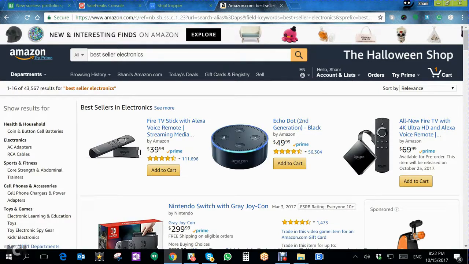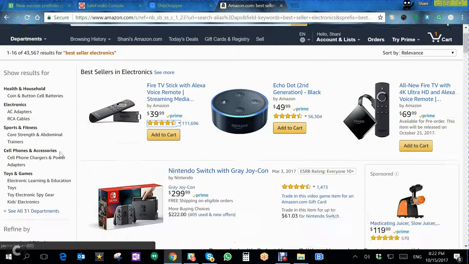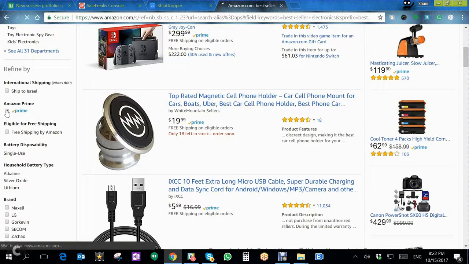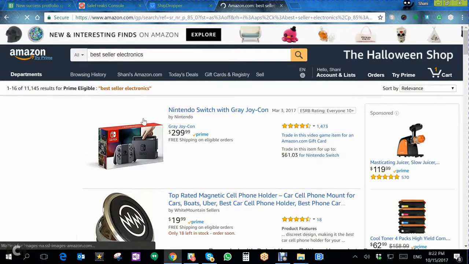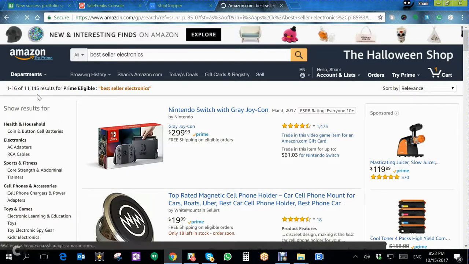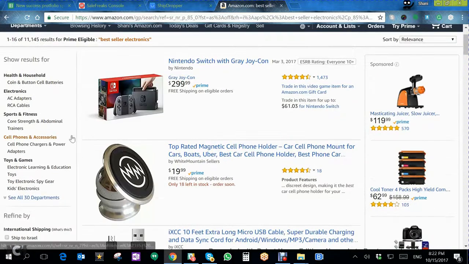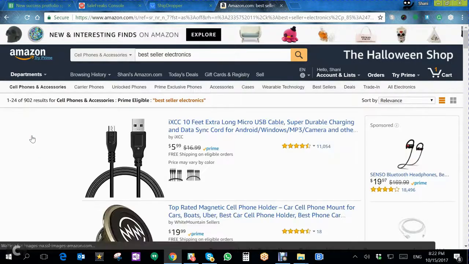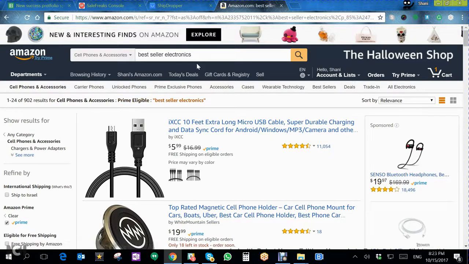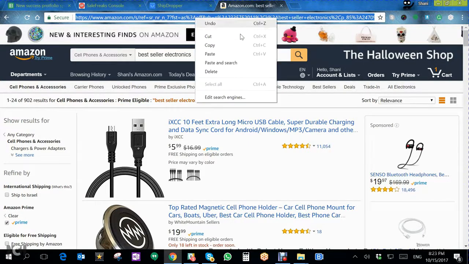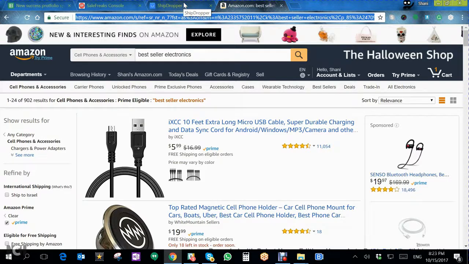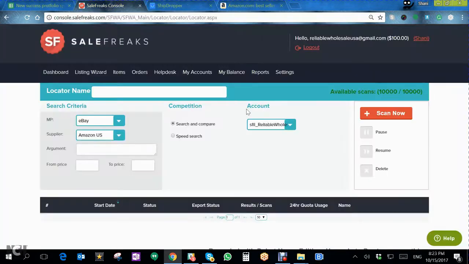And I will get 43,567, way too much. Now I'm going to narrow it down a little bit by only choosing the prime items. And I get all the way down to 11,145, which is almost there, almost there. I need to run another filter, and I like cell phones and accessories, and I have only 902 results, but I can live with this because obviously I can run a few scans at the same time. So I'm going to go back to Salefreaks. I'm going to insert the URL inside the argument,